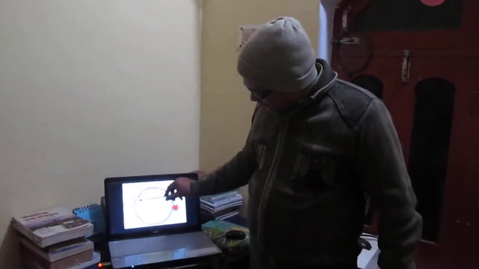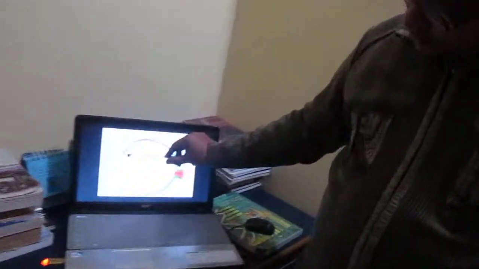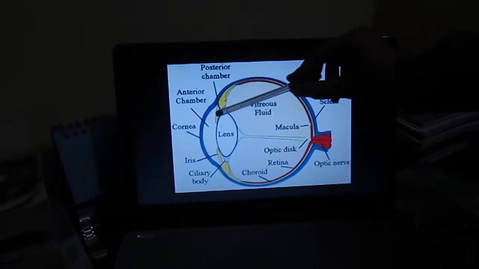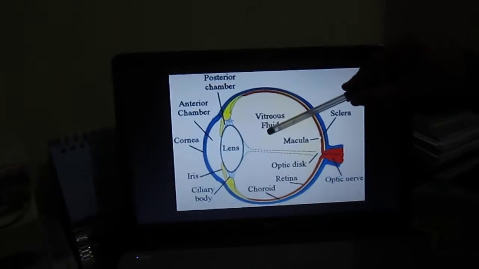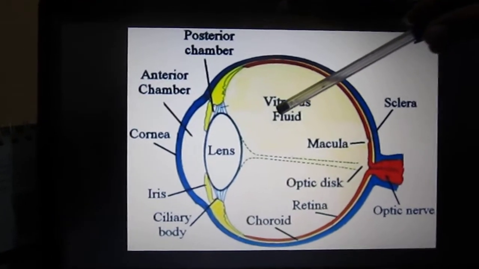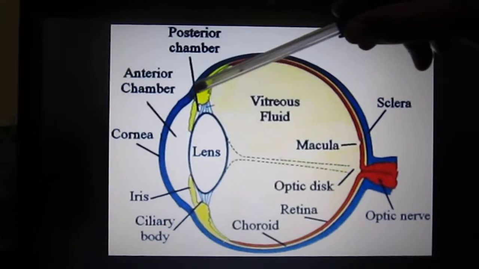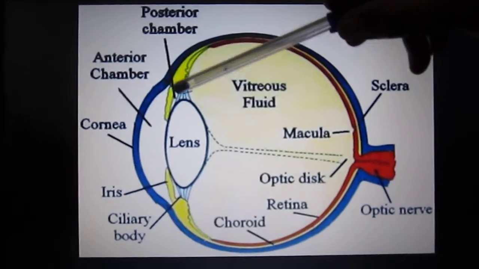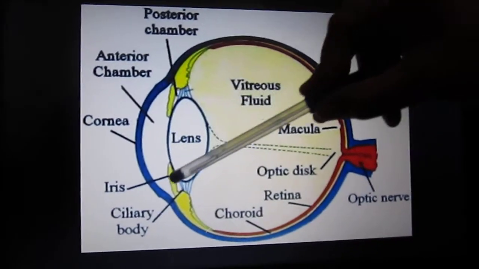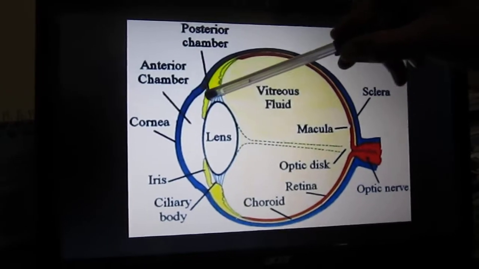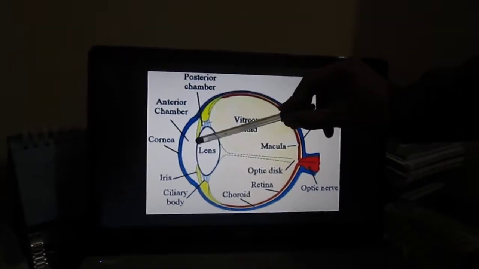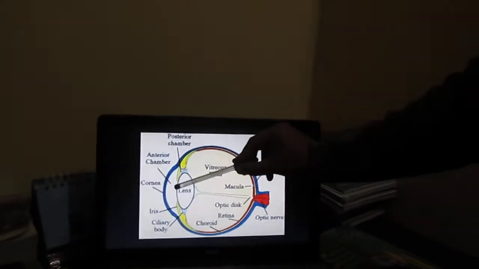Now we see the function of the iris. The function of this iris is to control the entry of light inside the eyeball according to the need of the eye, as well as the intensity of the light. When the light intensity outside the eyeball is greater, then the iris dilates to make the gap, or pupil, shorter, to reduce the entry of light